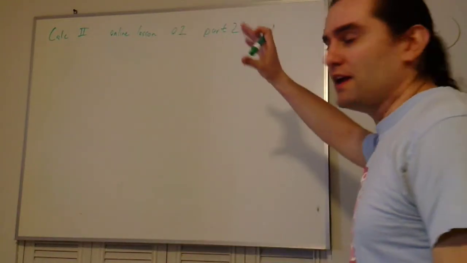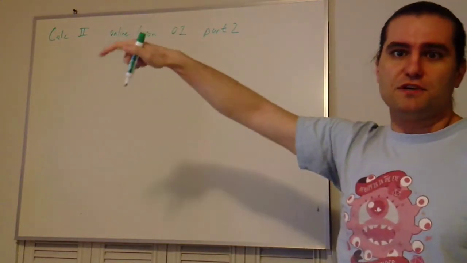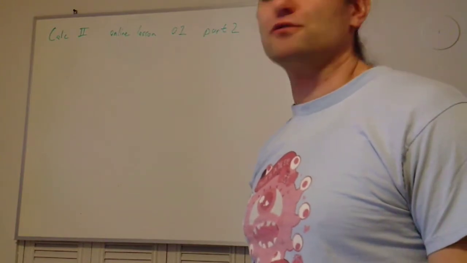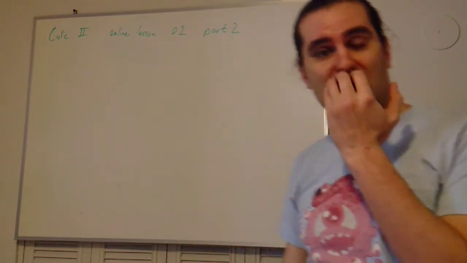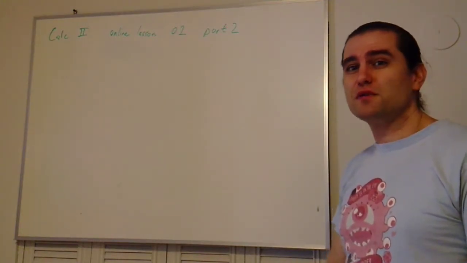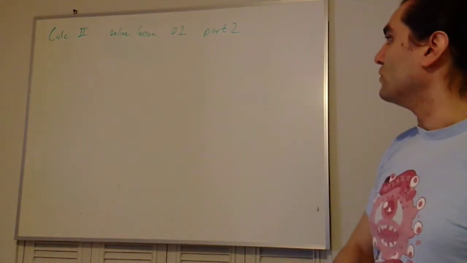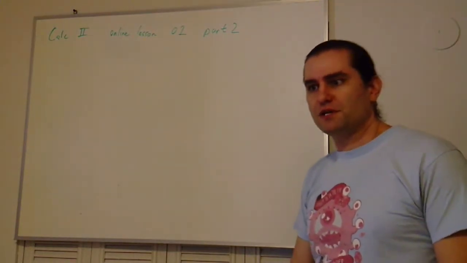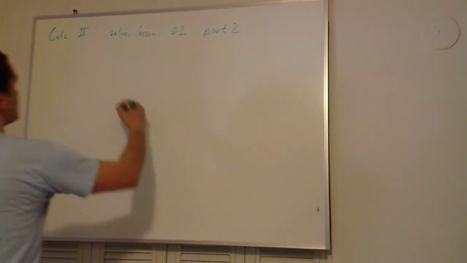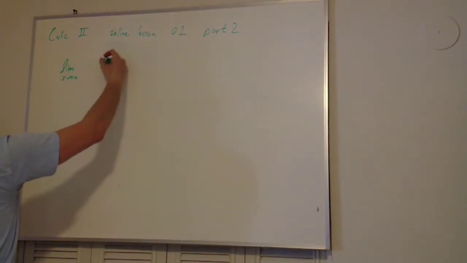I wanted to make a part 2 video to the L'Hopital's lesson as a follow-up because I was watching the original video and I realized that I completely failed to mention why we're doing L'Hopital's. So that might be important information to have. So I just want to go through a couple more examples real quick and talk about just a few more things. First, I would like to find the limit as x approaches 0 of